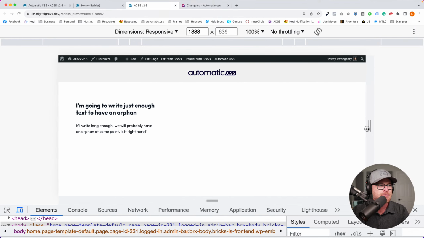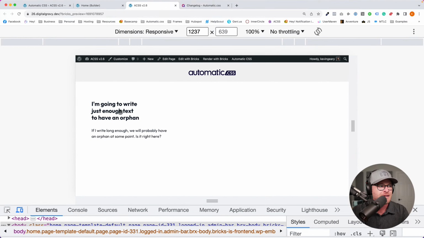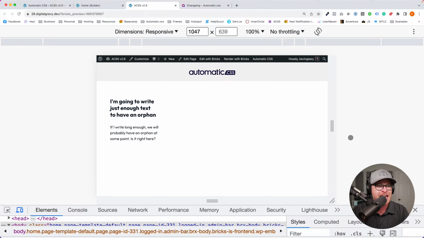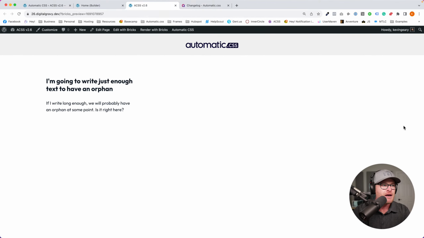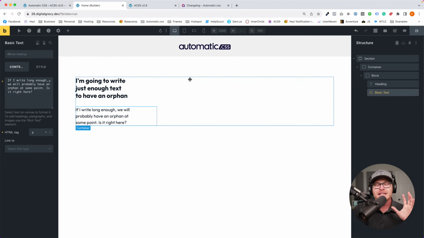Situations where there might be an orphan, let's take a look at how, like there. Because the grid didn't have enough space anymore, so it's going to start to collapse that, and so it doesn't allow an orphan right there. And then it doesn't allow an orphan again when there almost was one there. So it is doing its job of protecting us from having an orphan. This is auto balancing. It's going to do this to every heading and every little paragraph, okay?